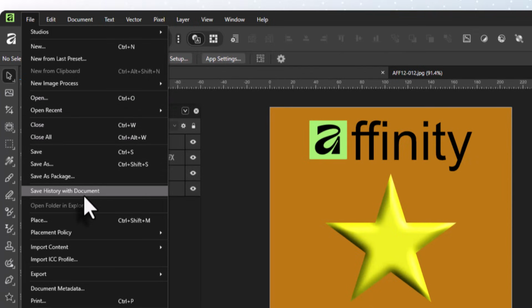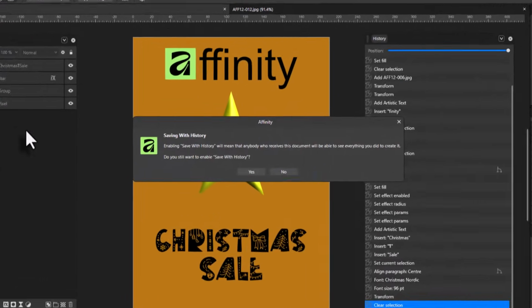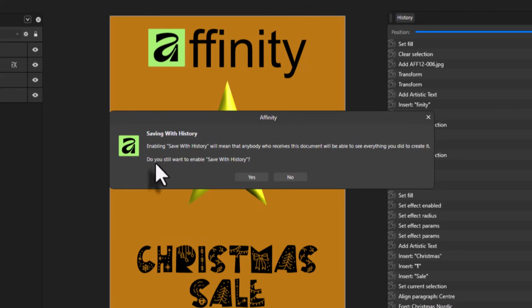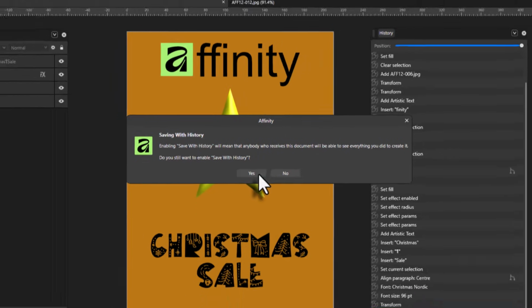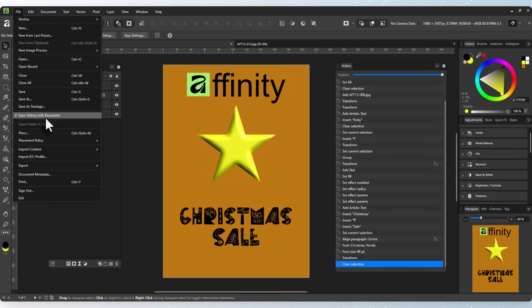So before you save a file using Save As, you click on that Save with History, and you'll get a panel where you have to say yes or no. You click on yes. If you go back to Save with History, there's now a tick on that. So then when you use Save As, it will save the history as well as all the layers, the colors, and what have you. It will make the file size bigger,